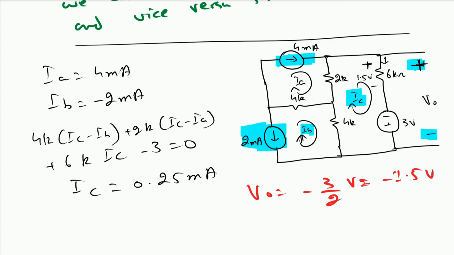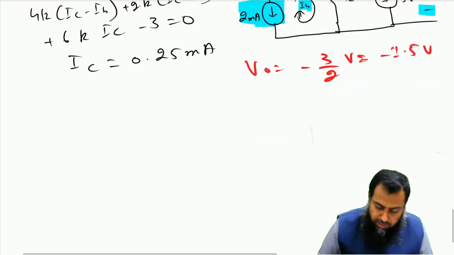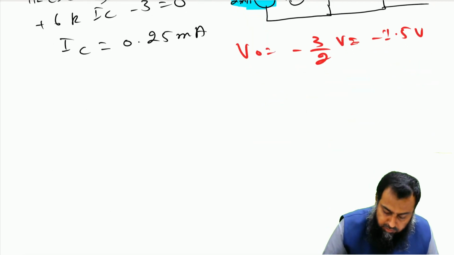So for a given circuit, we actually have to identify, based on our own instincts, which method of these two gives us the least equations to solve the circuit, right? Remember that apart from the number of equations, the node voltage method is a much more potent method compared to the mesh current analysis method, and that is because the mesh current analysis method cannot be applied on non-planar circuits, right? So this is a very important point.